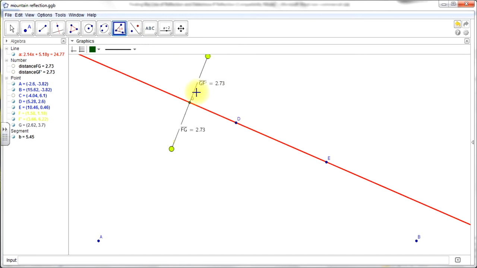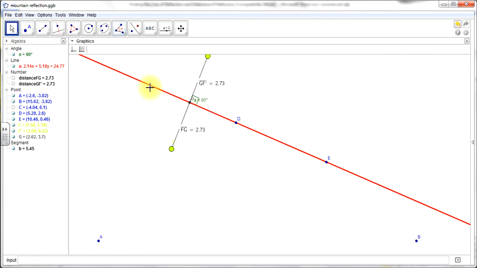So if I'm going to show this angle right here is 90 degrees, I'm going to go D, then G, then F prime. So in a clockwise direction, I have to select my points. Vertex is always the second point. But now we have, oh, look at that, 90 degrees, right? So no matter where I move this,